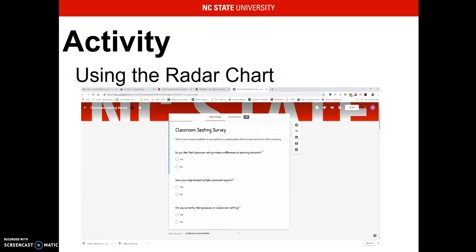So how do we put a radar chart to use? What we're going to be doing is using the same example that we've been talking about. Affecting the change of learning outcomes through seating arrangements in classrooms. So you would create a survey. In this case, I sent this survey out at the beginning of the fall semester, and you would take a look at different criteria that you're looking to create